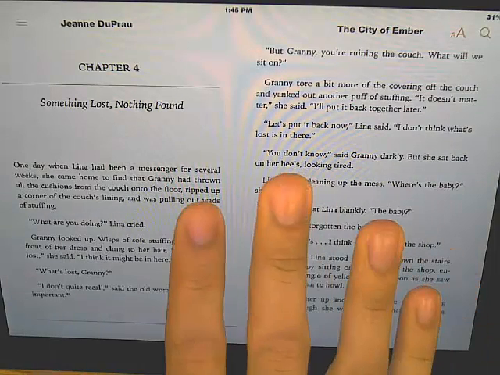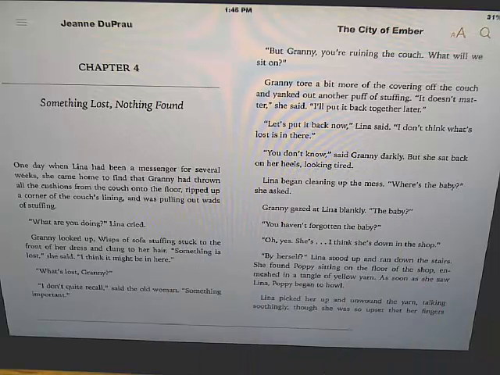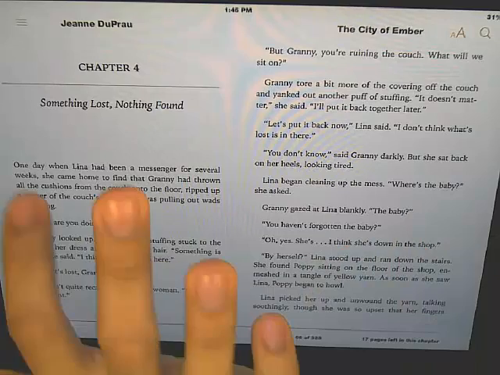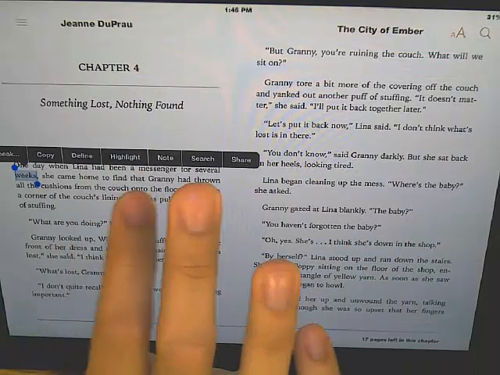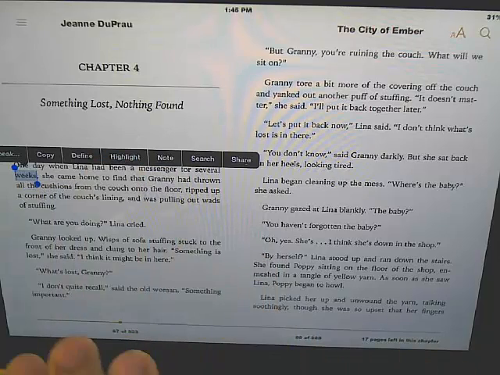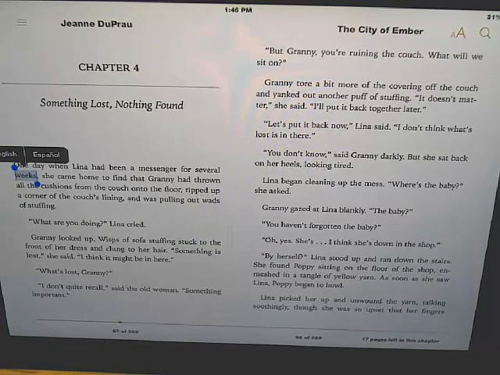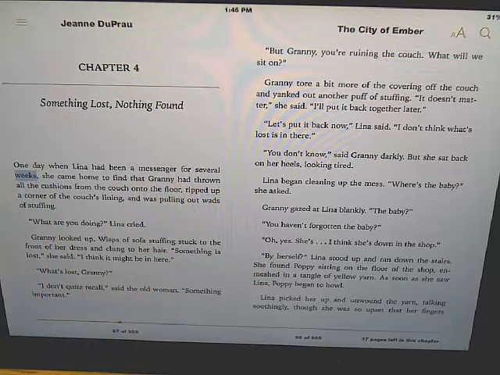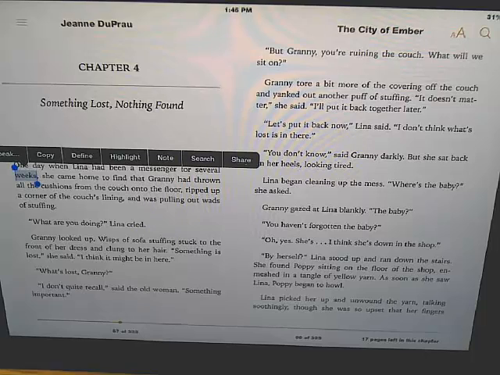We have the entire book on the iPad, and what some of the students would also do is, anytime you have a book in iBooks, you can also select the words. If you notice, I just tapped on that word, and if I just want to know what that word sounds like, I'm going to press speak, and I can have it read to me in English, or in Spanish. I'm going to go ahead and press English. Weeks. So it tells me weeks.